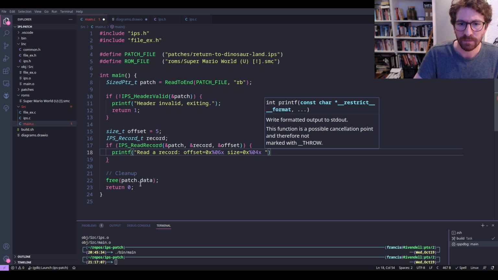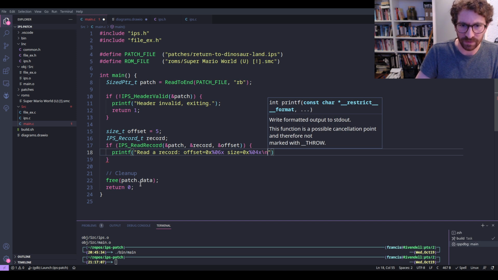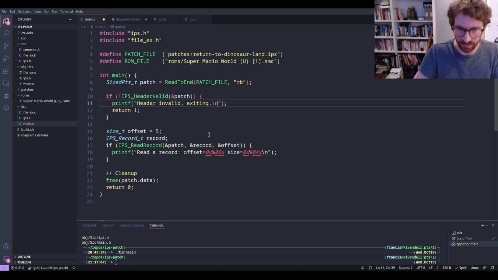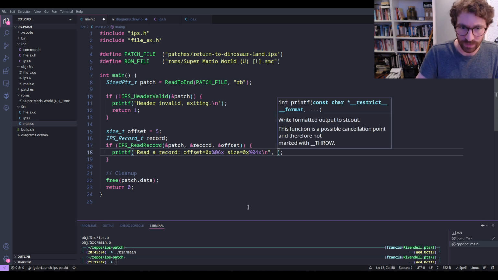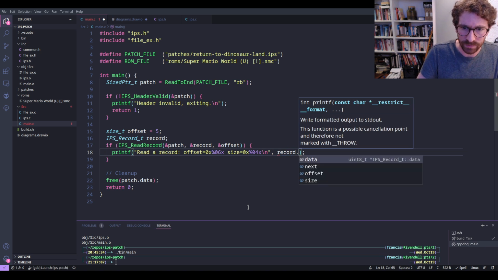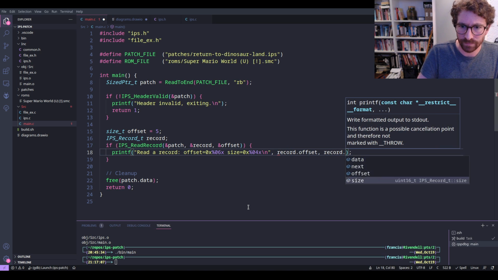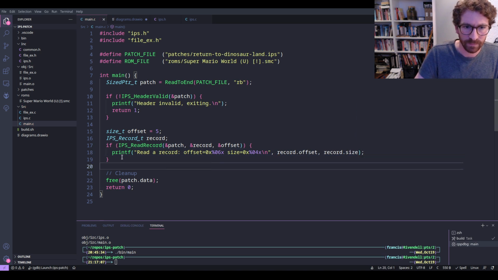And do we write the data out at this point as well? Well, let's just do this for now. Let's also put a new line at the end of that, and then we need to put in the data here. So that's going to be record dot offset and record dot size,